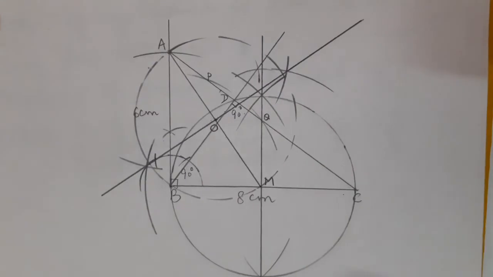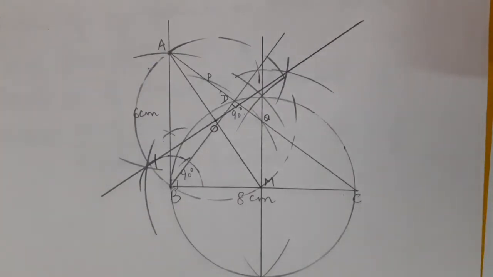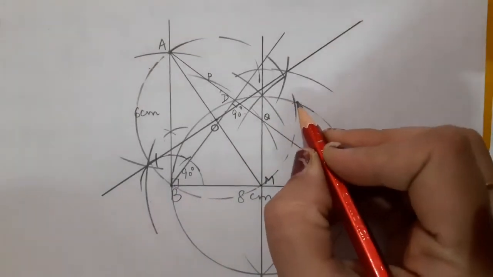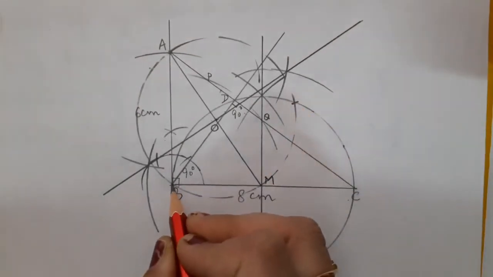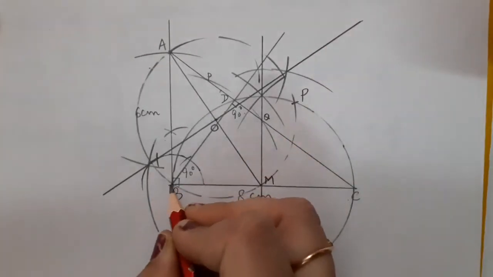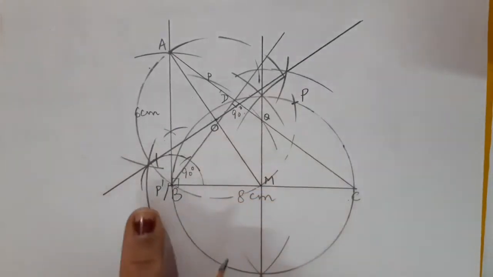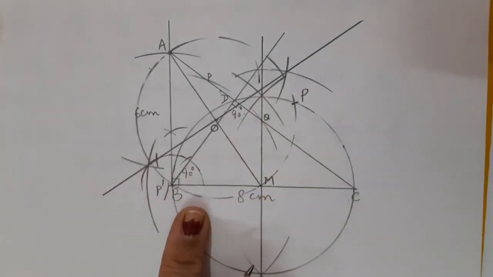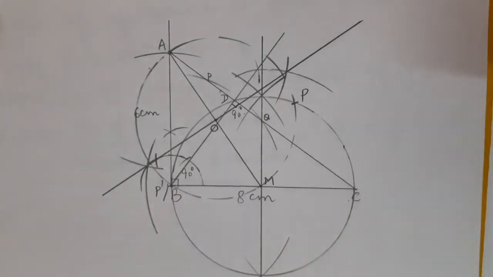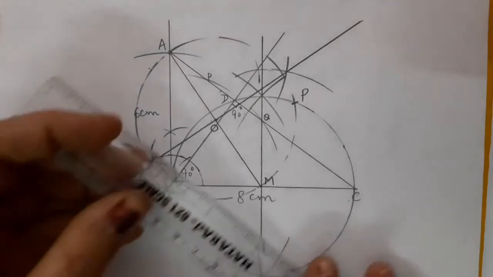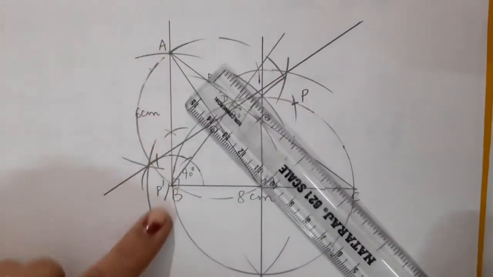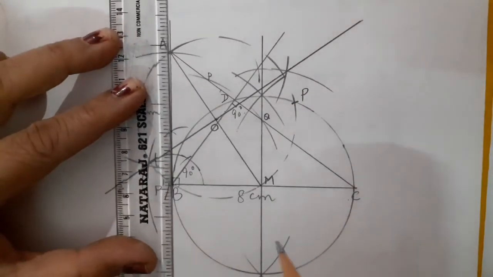Now what would be the next step? At what two points has this dotted circle touched the given circle? Here you can mark. Fine, you can give the names P and P dash. This is P dash or B, that is one and the same thing. Okay, means P dash is coinciding with point B. So now let us draw two tangents from point A to point P and from A to B, which is already drawn. You can see I am just going to darken it.